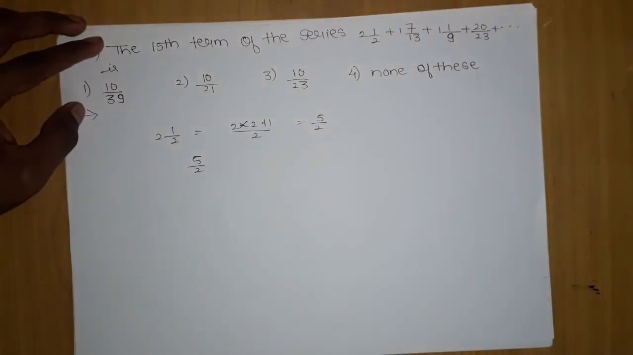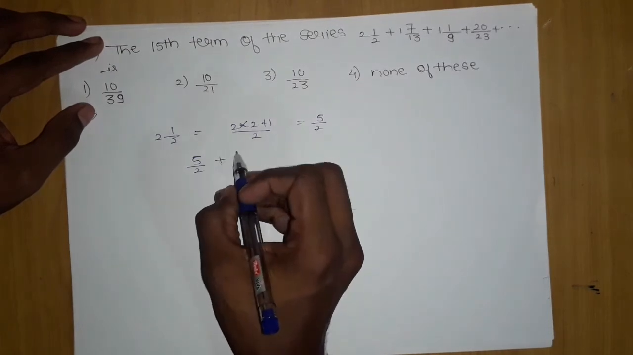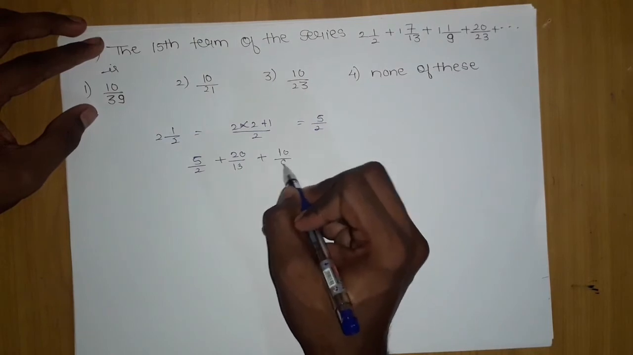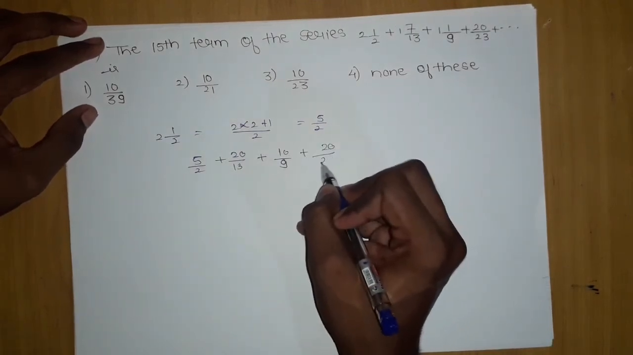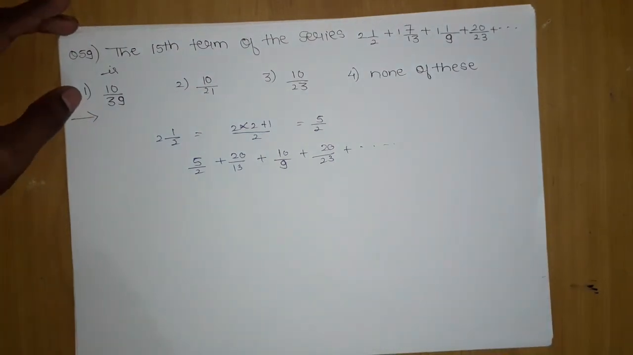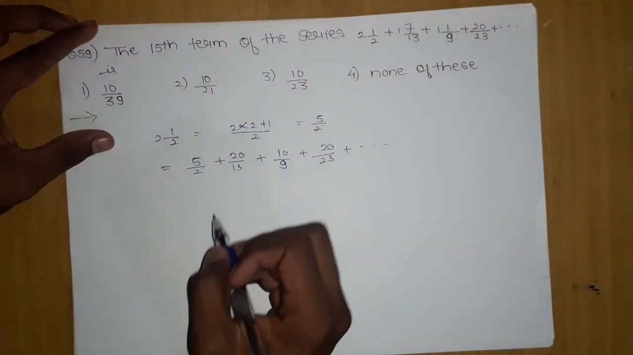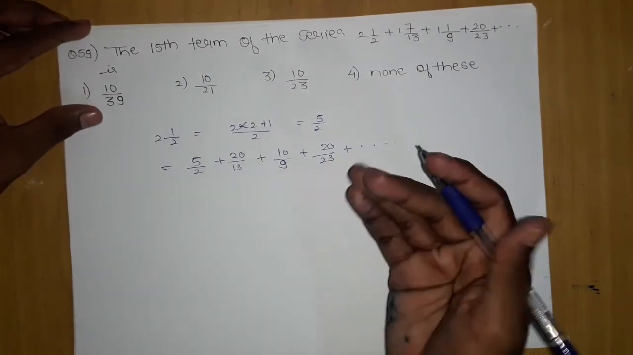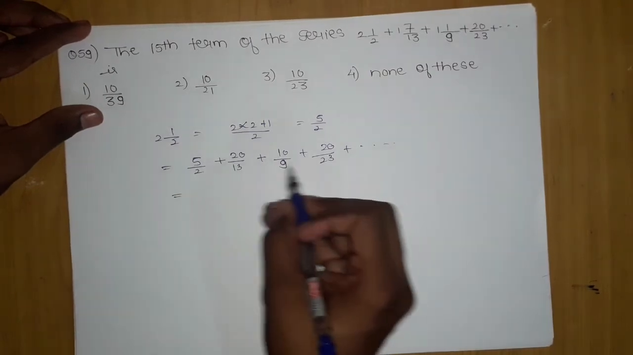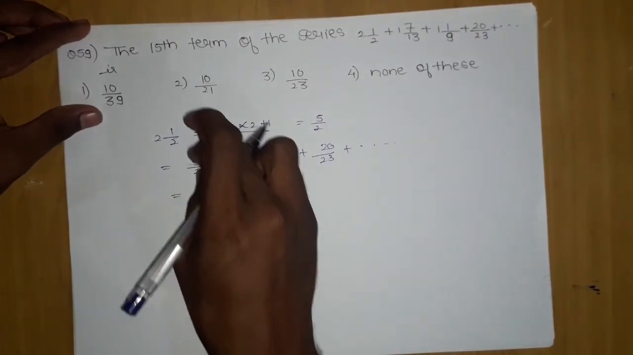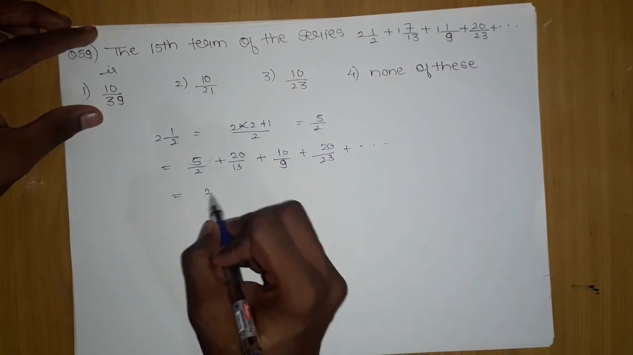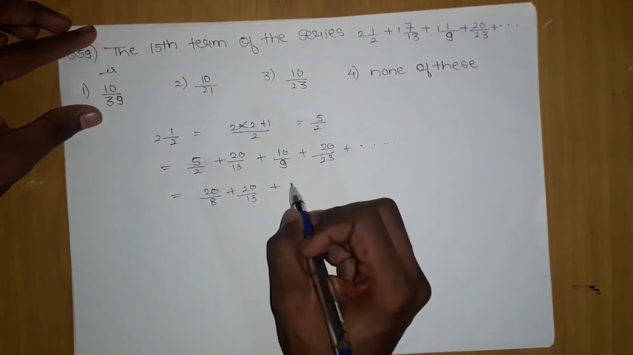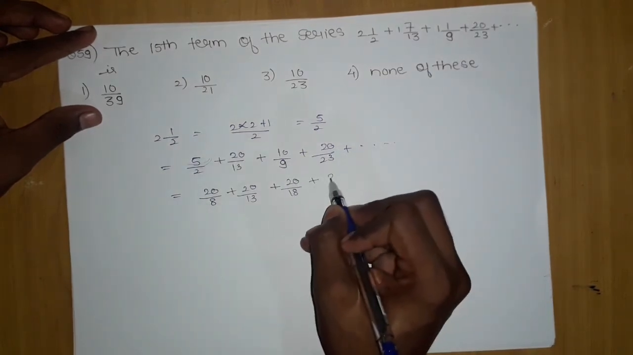The next will be 20 upon 13 plus 10 upon 9 plus 20 upon 20. The last one is given simple. And so on. It depends upon your intelligence to solve this question. If you multiply it by 4, this will become 20 by 8 plus 20 by 13. If you multiply it by 2, 20 by 18, 20 by 23,